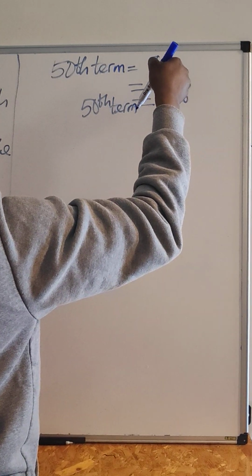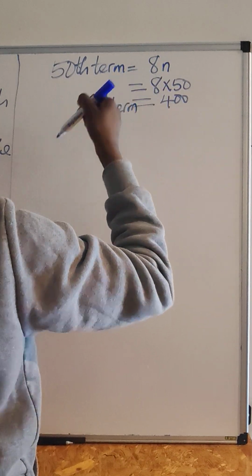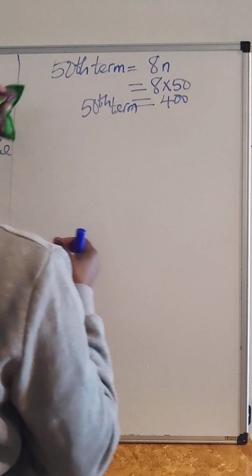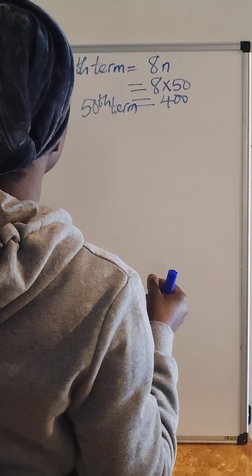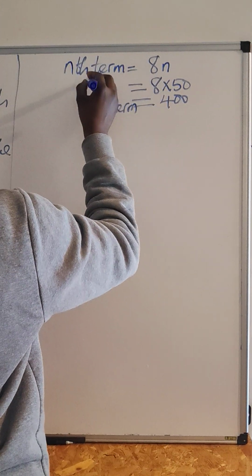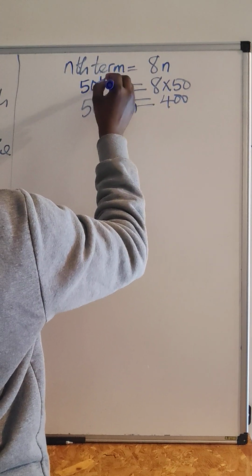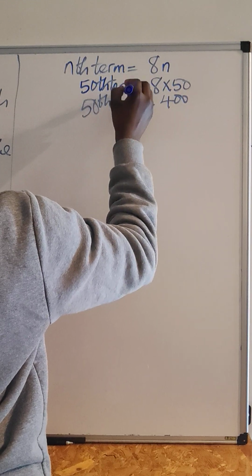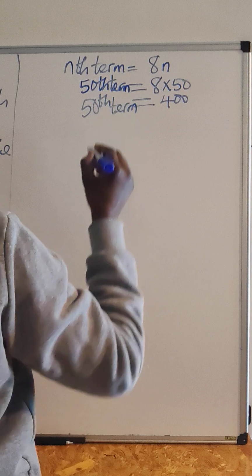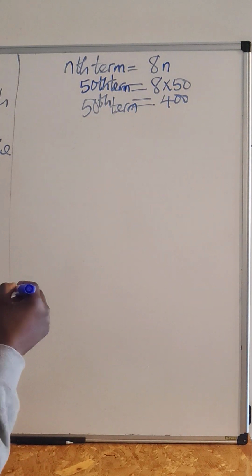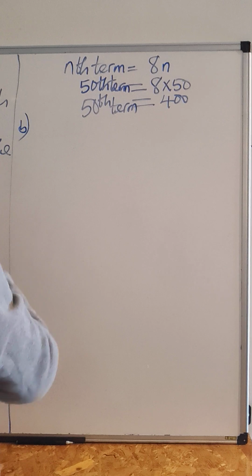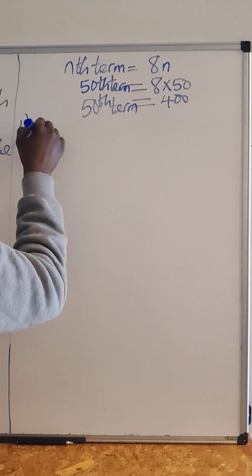You get what I'm saying? So in other words, 8n is the nth term. So for the 50th term, we have 8 multiplied by 50. So I move to the second sequence, which is 11,